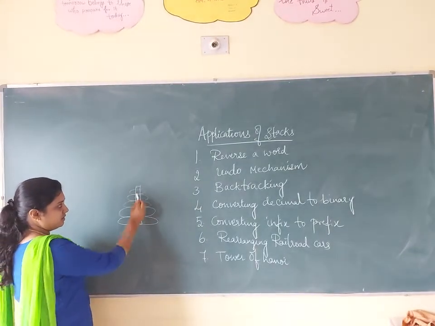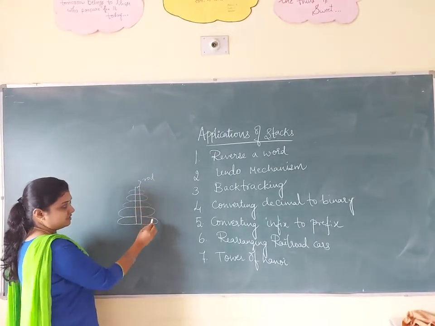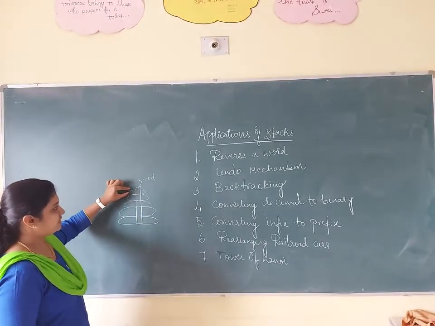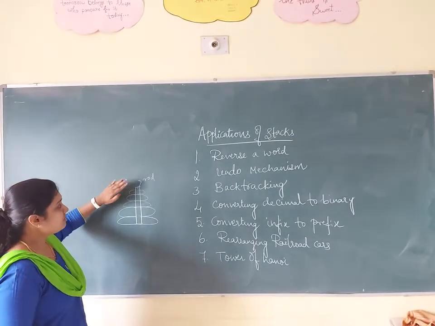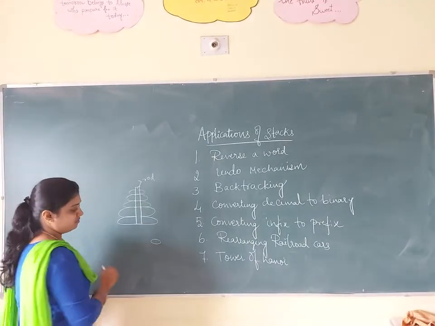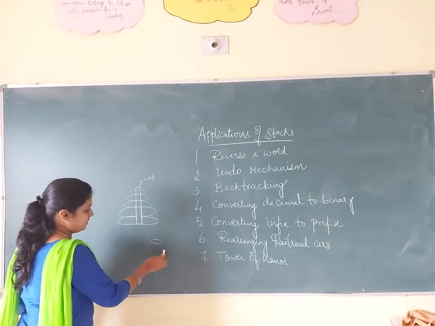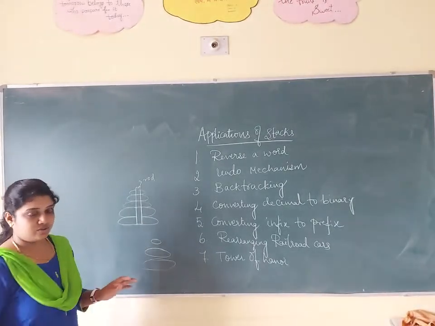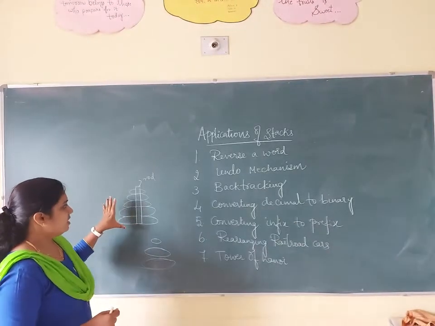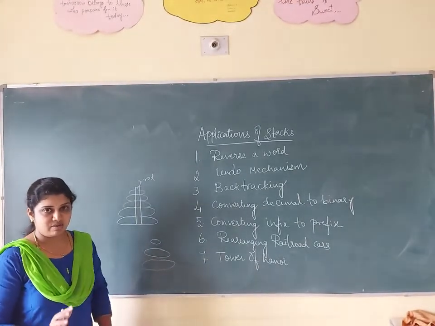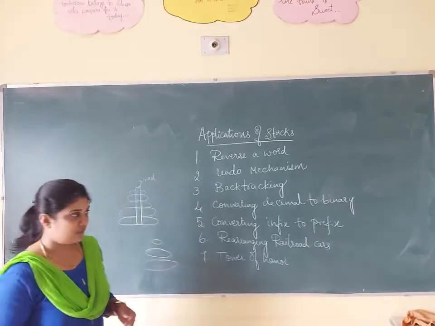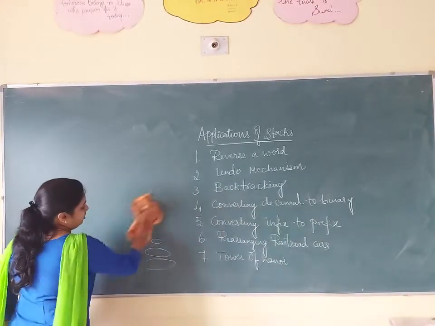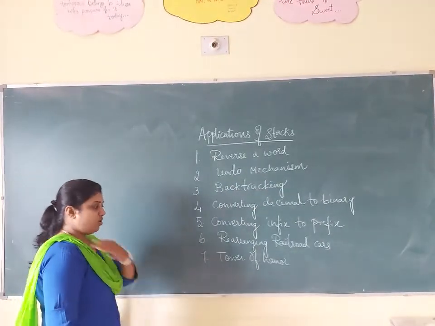Consider this is the rod and this is the disc. We are taking different sizes of disc. In Tower of Hanoi, the small one is my top. This will be removed first, followed by the second one, followed by the third one. So in this concept we are using a stack. But in this Tower of Hanoi, only one disc can be removed at a time. In this mathematical game or puzzle, it works based on the stack.